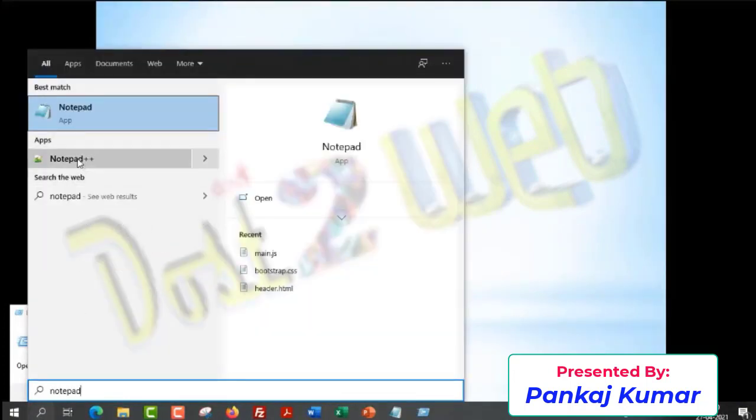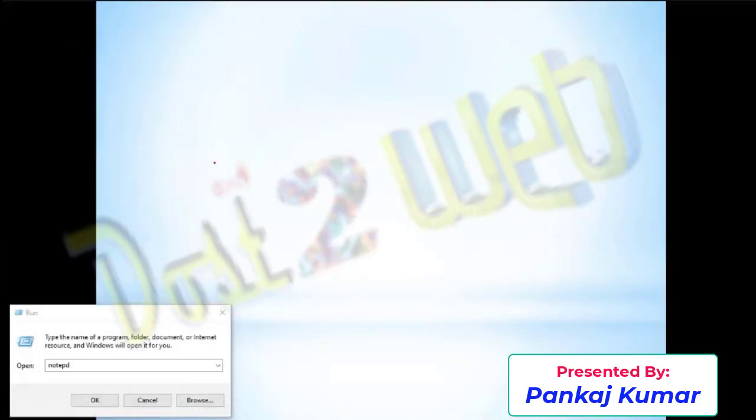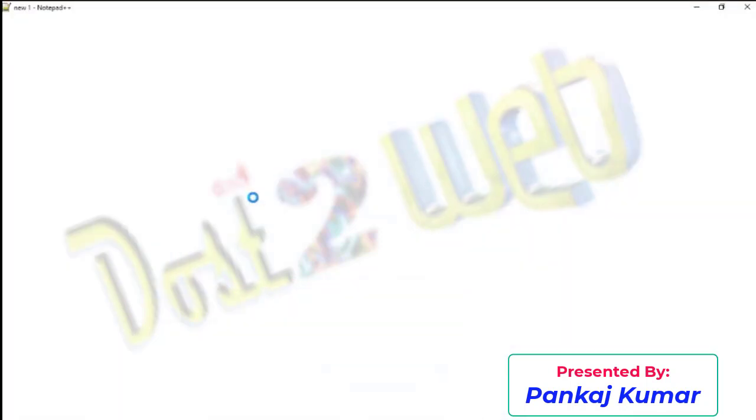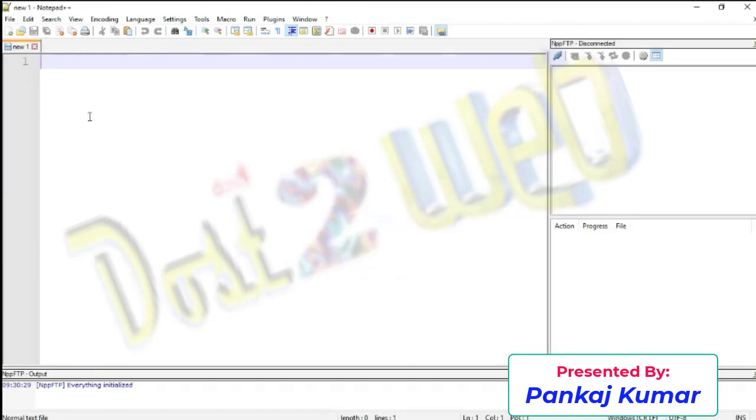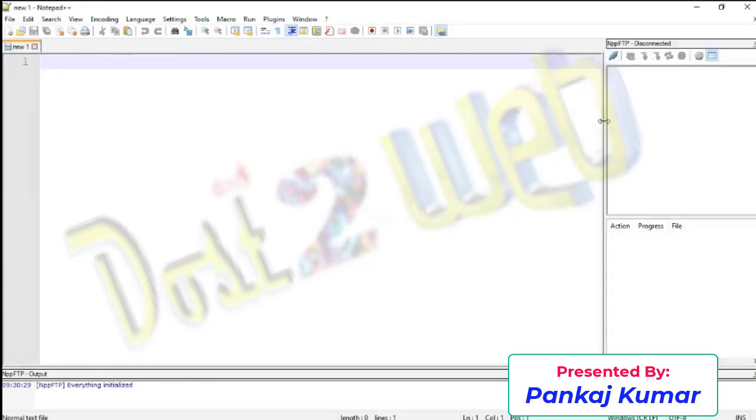You can see here, I have installed it. So what advantage do you have in Notepad++? You will have some structure, you can see different colors, and there are many other features. So this is another software.